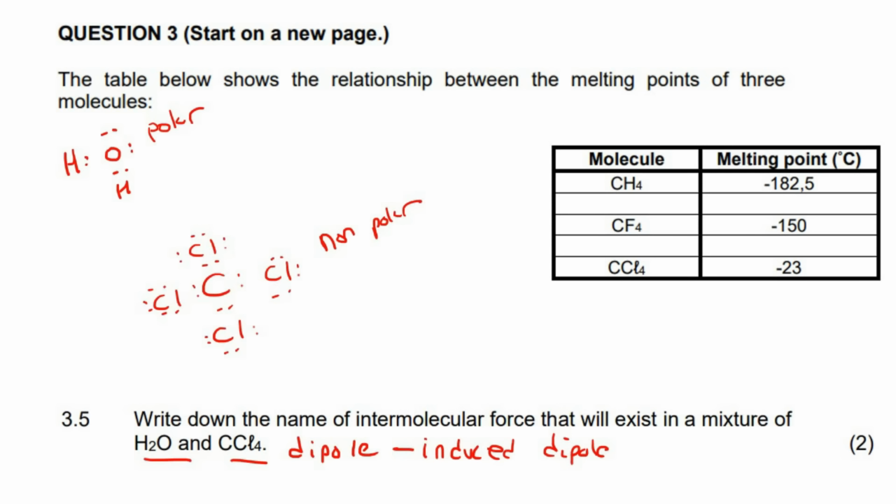Let me explain. What it means is that we definitely know this is polar, so it's got all these positives and these more negative parts, like that, okay? Now, this molecule is overall nonpolar, so there's no more positive part and more negative part. Overall, it is just completely neutral. So what happens is that when this water molecule comes floating along like this,